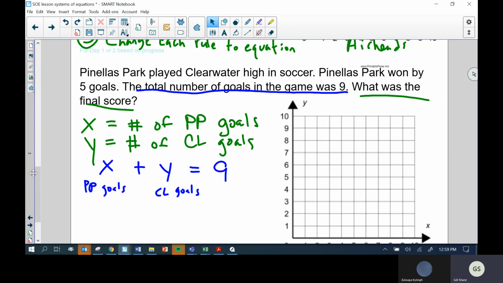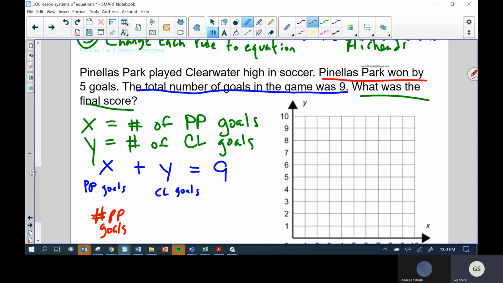So that's the number of Pinellas Park goals. So what about the number of Pinellas Park goals? So let's write that. The number of Pinellas Park goals. Actually, let me do it in red since we're doing a new equation. So it's the number of P Park goals. So using this rule, that's our other rule we said, the number of P Park goals, what? 5. So what does that mean though? What does that mean if we won by 5? More goals than,